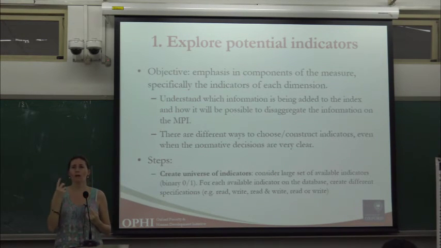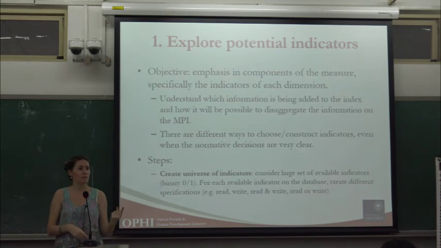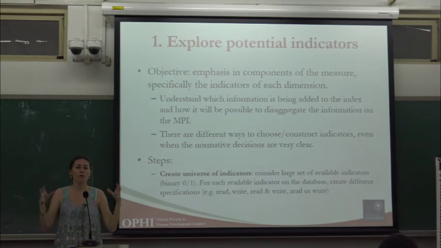We are saying at least one individual that has done it, but we can also go the other extreme and say that all adults should have completed primary school. Or we can say that at least 50% should have completed. Or like in the case of Pakistan, that at least a man and a woman must have completed to be non-deprived. So all these combinations need to be tested in this initial stage so that we are sure that we